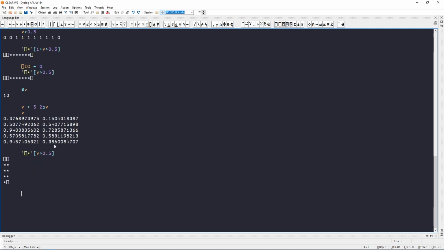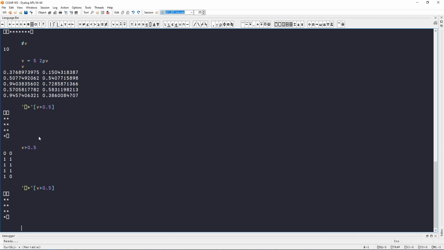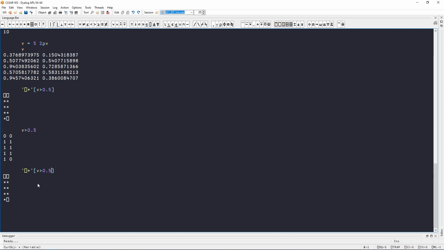And now what's really cool is that this is still a Boolean mask, but it's a matrix. When we index into this character vector, the result respects the shape of the indices. And I think this is really interesting and really cool. So I don't need to flatten V and then reshape the result to match the original shape of V. I can just do this. So this is something to bear in mind